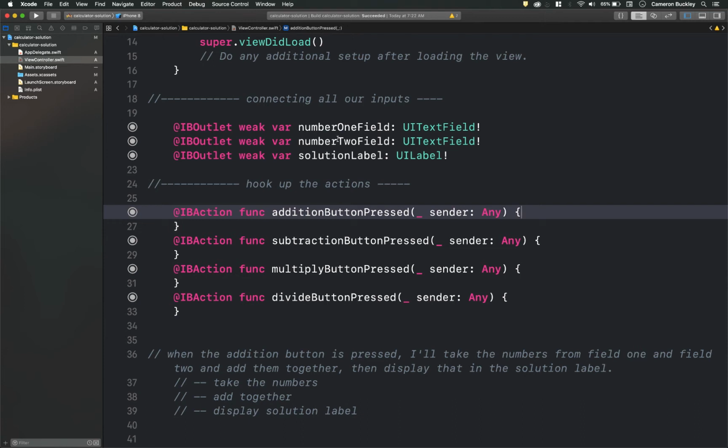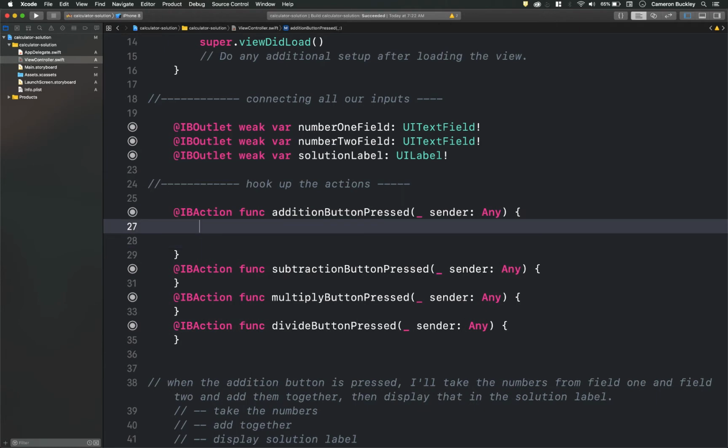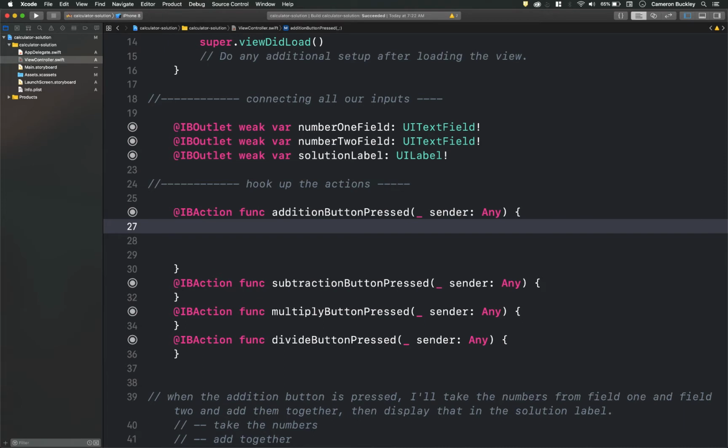All right, so if we can access this property, it should be pretty simple, right? We're just going to grab an integer from this and an integer from this and add them together. So let's just kind of do that. So what we need to do is take